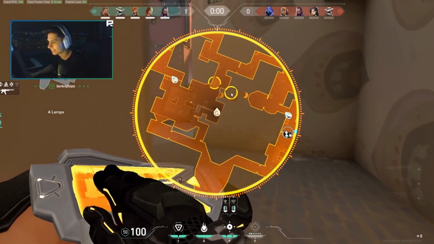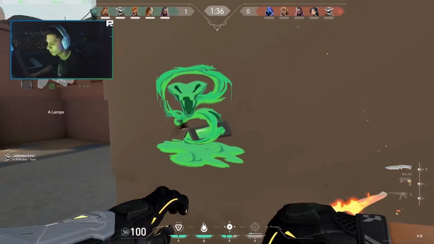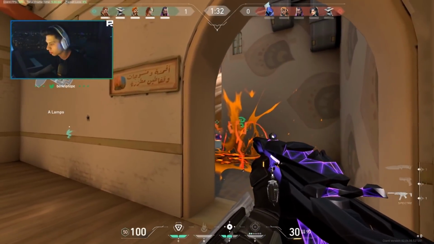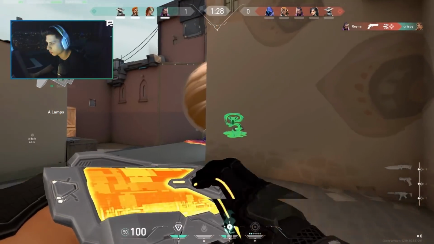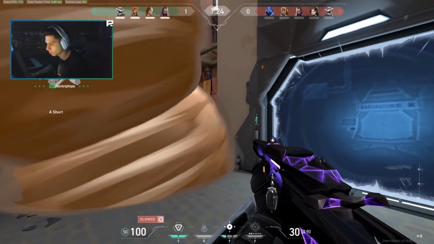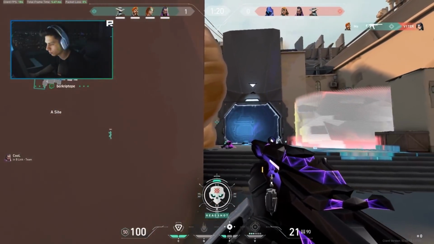Now, Brimstone, while I do think that he's okay in ranked because his smokes last a really long time, he's relatively easy to fill to. I don't really think that if you are a controller main, you should be spending all your time on Brimstone. Brimstone's a character that is a lot easier to master than the other controllers, which makes him kind of perfect for you filling. Like if you're a duelist or an initiator or something and you want to fill to a